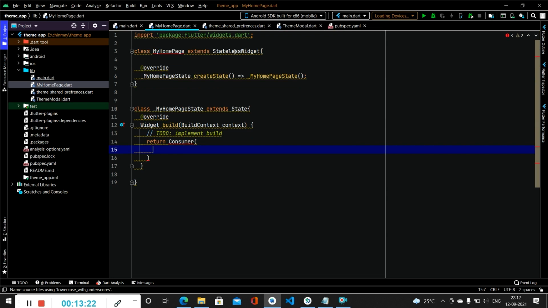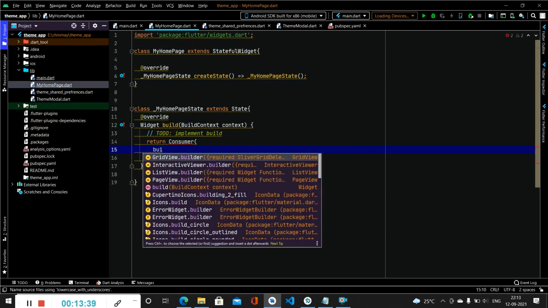Here instead of StatelessWidget we have to use a StatefulWidget. Now inside this we will be simply calling builder.